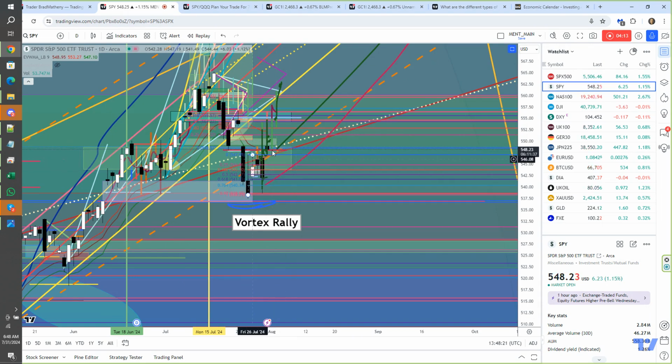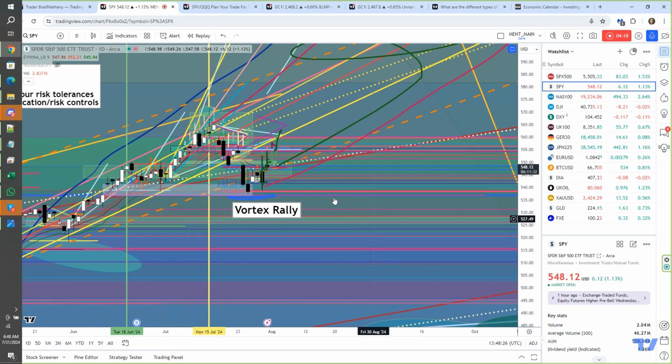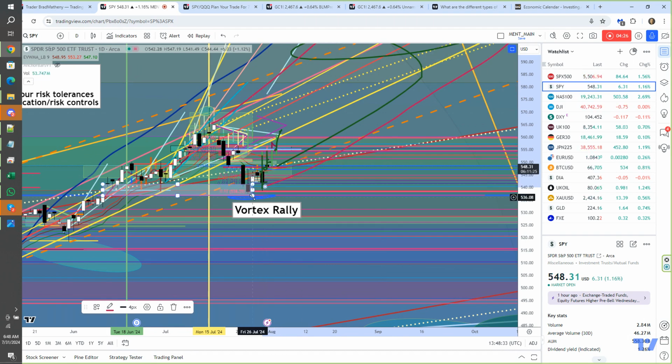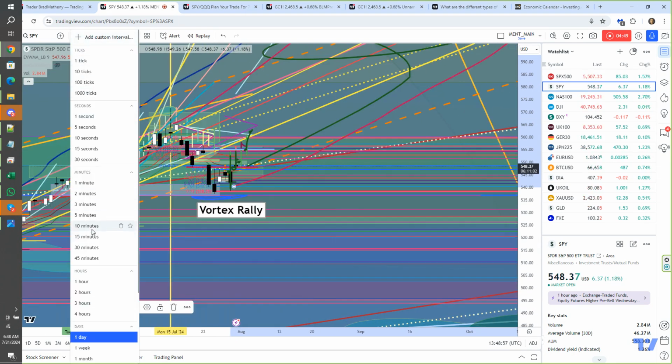We're really looking for a base mode here to move into that vortex rally. And like I said, I've kind of drawn it here with this red line and this red line. I'm pretty much expecting this market to shake off over the next 2 or 3 weeks, this rotation, move back up into this 560, 565, 570 area, and then move into a very solid vortex rally. So again, be aware we're getting very solid rotation here. But if I were to come in here and go to 10-minute,